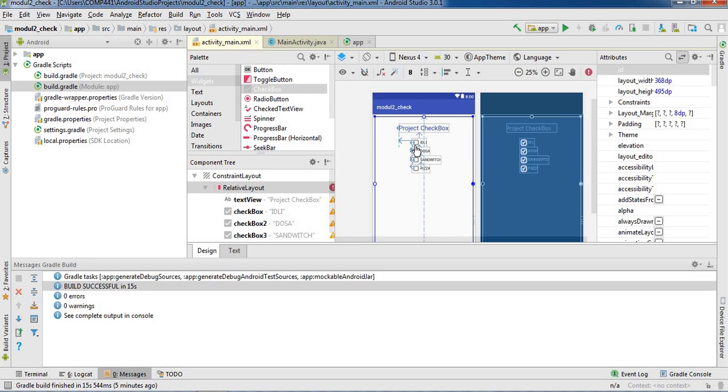and sandwich and pizza. For example, you are sitting in a hotel on a counter, and at the counter you have a particular tab. The user comes up to your counter, and before taking a menu card, he just takes your tab, and on this tab the menus are already created by using these checkboxes. Whatever the user wants, he or she just checks it, and after checking it, a proper bill is generated. So for this kind of application, this checkbox is used.